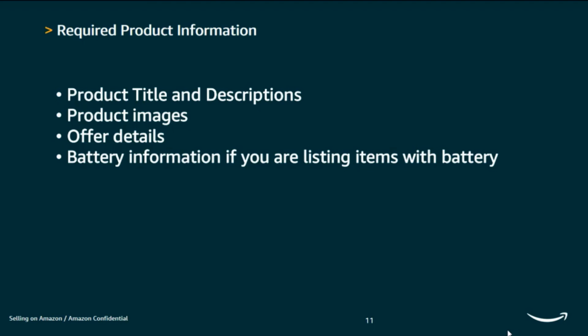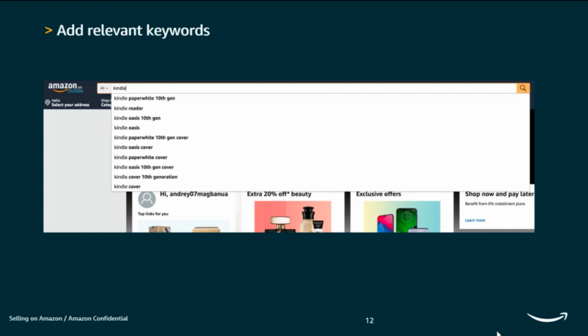And in addition to the required product information, in order for the buyers to easily find your item, please enter some keywords. Customers search items by entering keywords, which are matched against your title and your description. If you want it to be more searchable, you have an option to add more keywords not mentioned on your